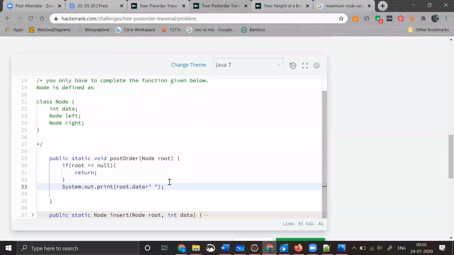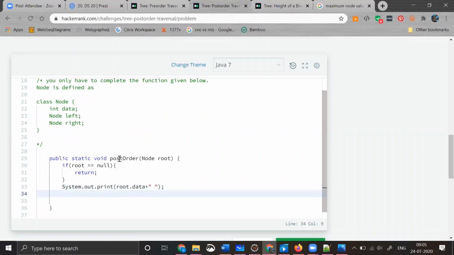After that, you need to call this post order method with root.left. Oh, sorry, this is post order, right? Yesterday we have taken that, right? Post order means first we need to print the left.